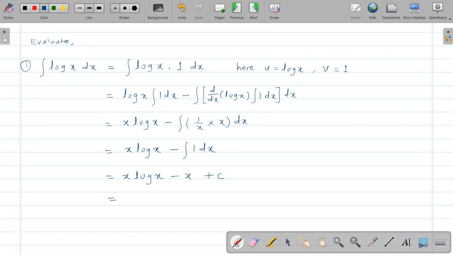As a standard function, if you want to remember, the integration of log x will be x into bracket log x minus 1. So you can remember this as a standard rule to evaluate the integration of log x, whereby considering 1 as a new function or 1 as a function to get the integration by parts. Okay, so this is the procedure, or this is the type number 2, that is considering 1 as a function.